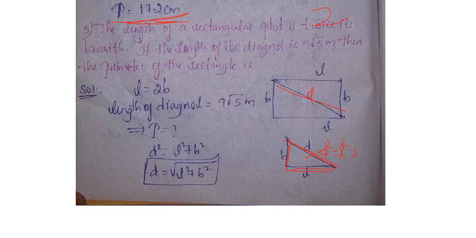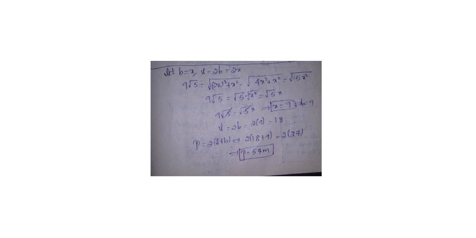This is the Pythagoras theorem. The largest side squared equals the sum of the squares of the shorter sides. This is the largest side, L. The shorter sides, there are two, no? I am thinking S1 as this one, S2 as this one. So L square equal to S1 square plus S2 square is our formula. So I have written this one. See, D square equal to L square plus B square. That is D equal to, if I send the square to the other side, the square root of L square plus B square. Now whatever values they have given, we shall substitute there. See, now they gave L equal to 2B, right? I am zooming, wait.